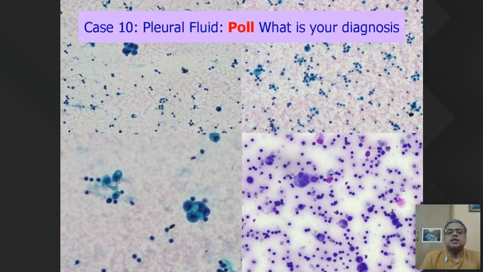Pleural effusion in which you are getting a few clusters of epithelial cells. They look epithelial, but when you go down, you find that they look more like mesothelial cells. Nuclei not very atypical, cytoplasm abundant, bulging out like this. So few epithelial fragments here. But on morphology, I would have gone negative. So this looks like reactive mesothelial cells is what I would have called it.